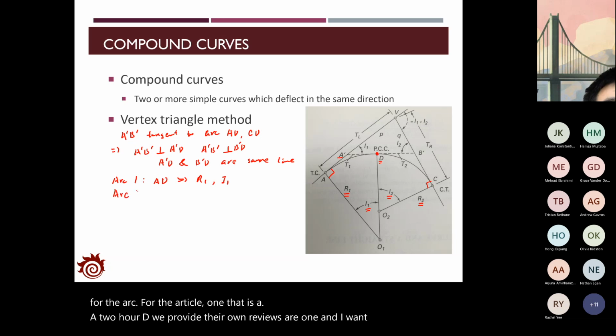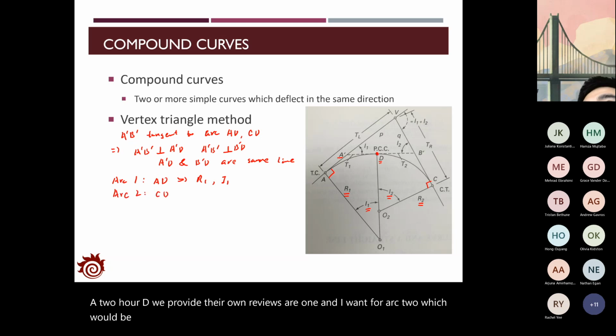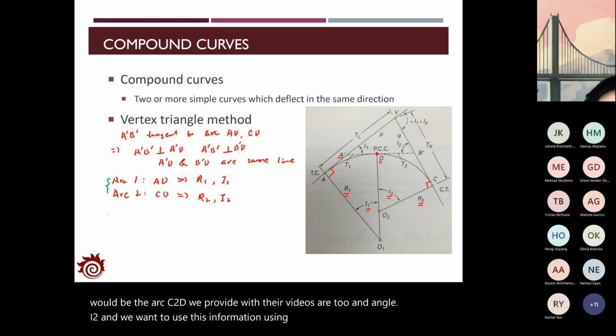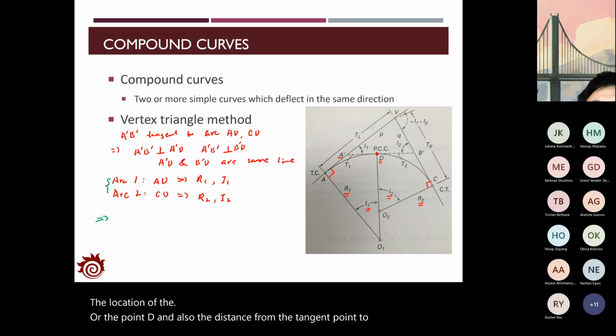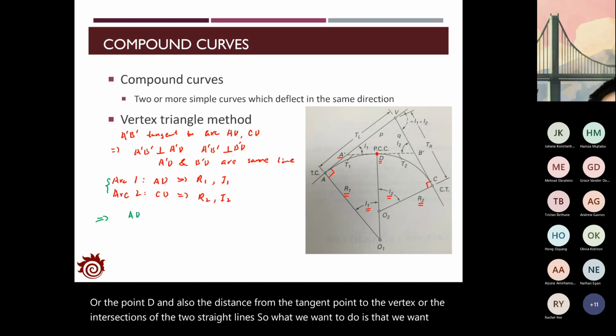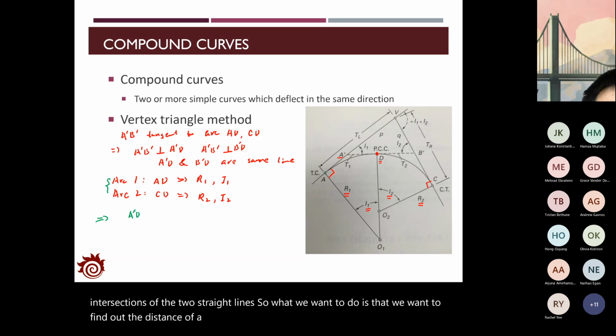For arc 2, which is the arc C to D, we provide the radius R2 and the angle I2. Using these two pieces of information, we want to find out the location of point D, and also the distance from the tangent point to the vertex, or the intersection of the two straight lines. So we want to find out the distance of A prime to D